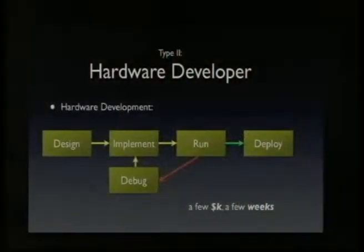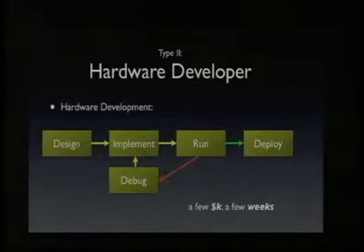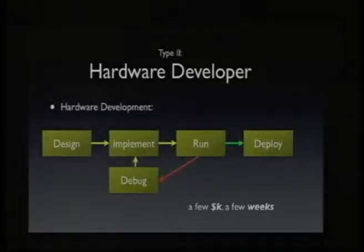Another type of developer is a hardware developer. A lot of us have probably already developed hardware, but I'm not so much a hardware programmer, so this is how I think a hardware developer implements his stuff. First, again, you should think about what you actually want to build, and the design stage